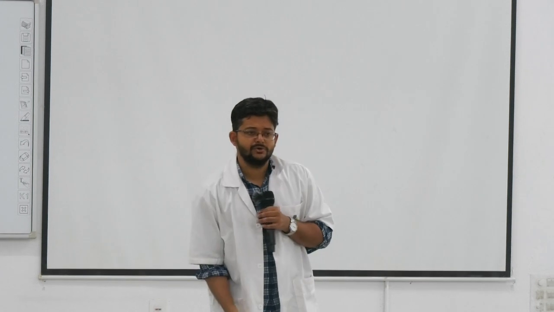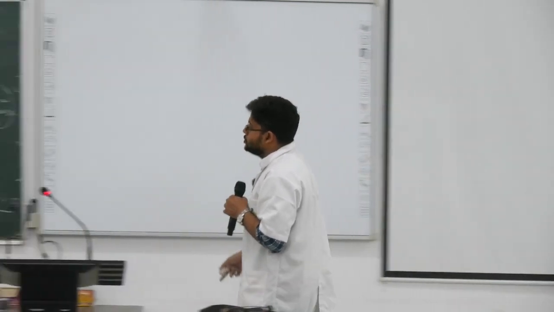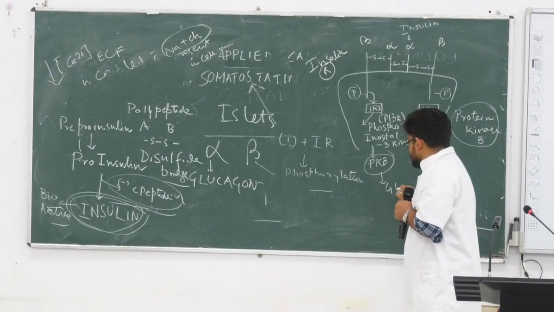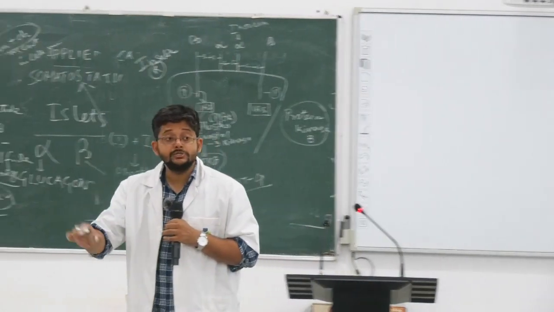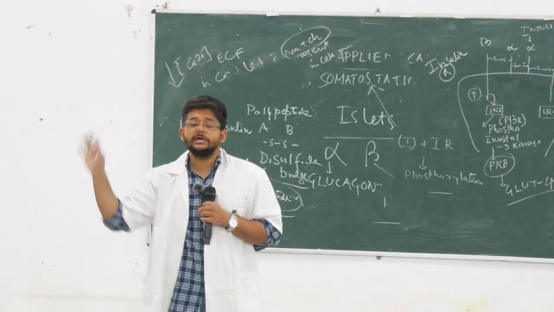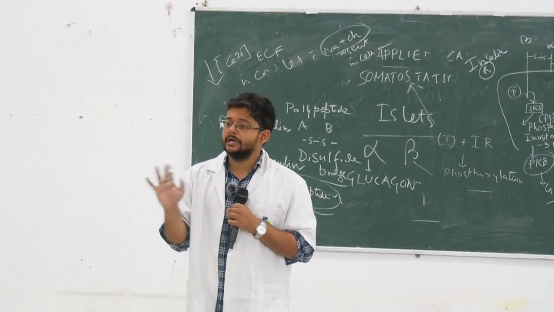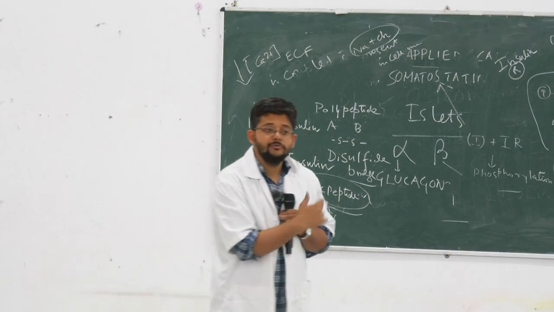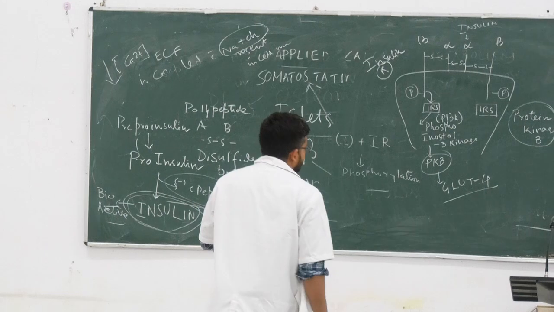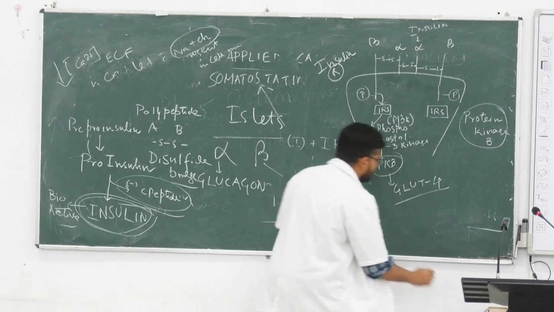Kinase means it will again phosphorylate. Kinase মানে কি ফসফেট যোগ করছে, একটা করে ফসফোরাইলেশন করছে। Protein kinase B acts on GLUT4. Glucose transporter 4, it is insulin dependent glucose transporter. কোথায় থাকে? Skeletal muscle, adipose tissue, cardiac muscle, তিনটে জায়গাতে ইনসুলিন ডিপেন্ডেন্ট। এটা কি? ফ্যাসিলিটেটেড ডিফিউশন। GLUT4, on the basis of this PKB যখন GLUT4 টাকে ফসফোরাইলেট করছে, this GLUT4